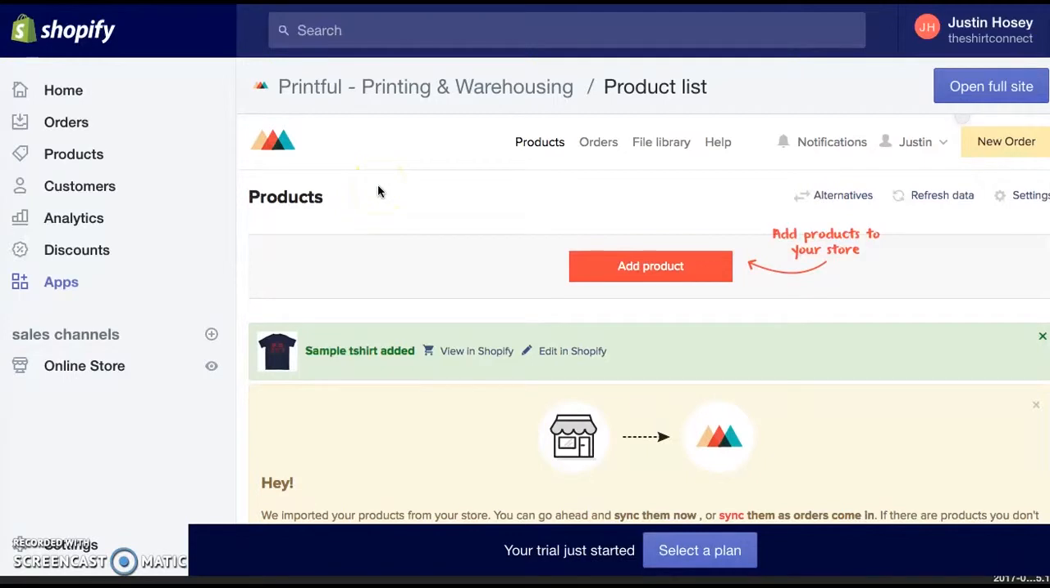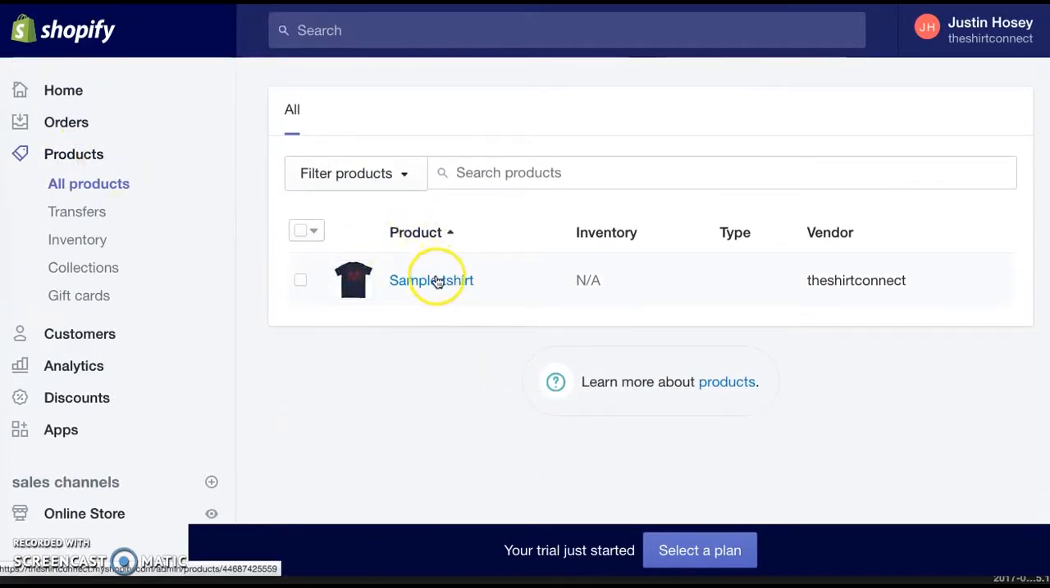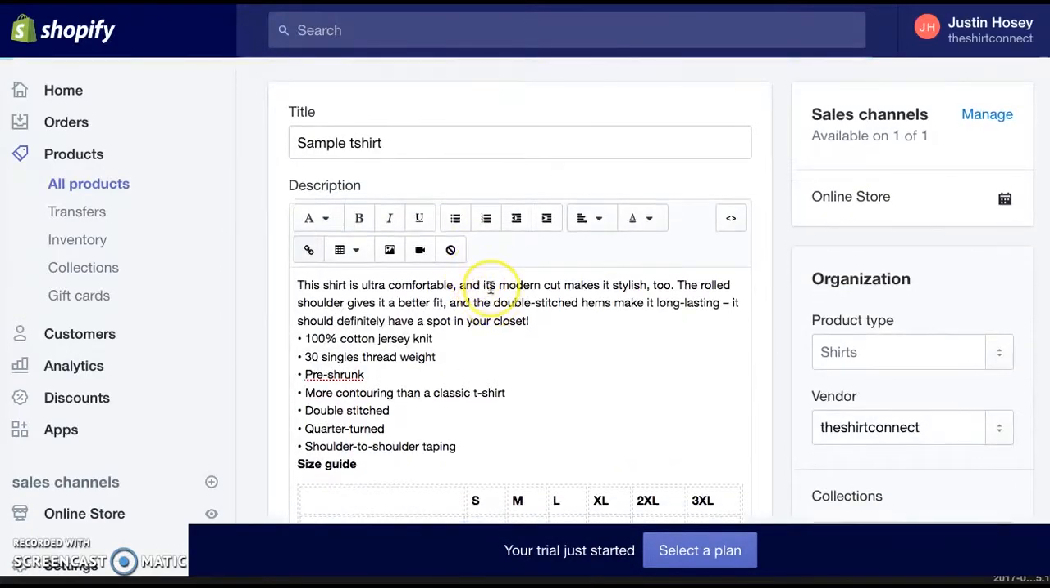Okay, guys, we've already created our product in Printful. As you can see it right here. We created it, and we now imported our product into Shopify. So right here in Shopify, you can go to Products. And now you see our shirt that has been imported. You want to go in here, you want to click it, and now you can edit anything that you may